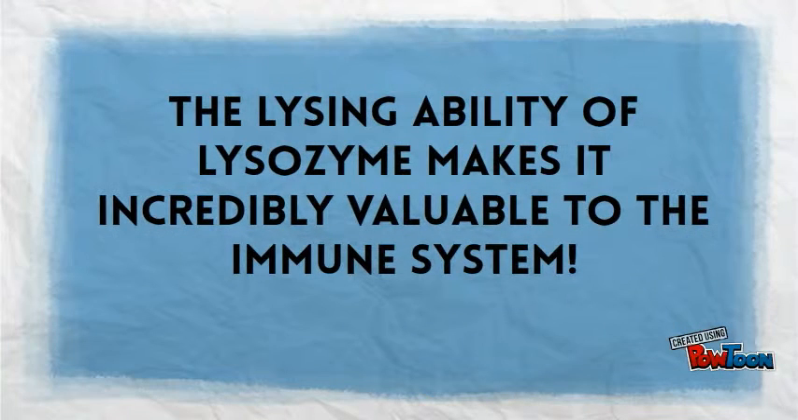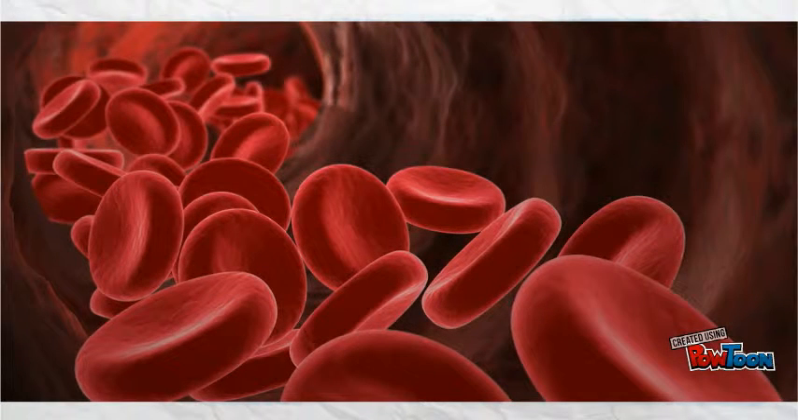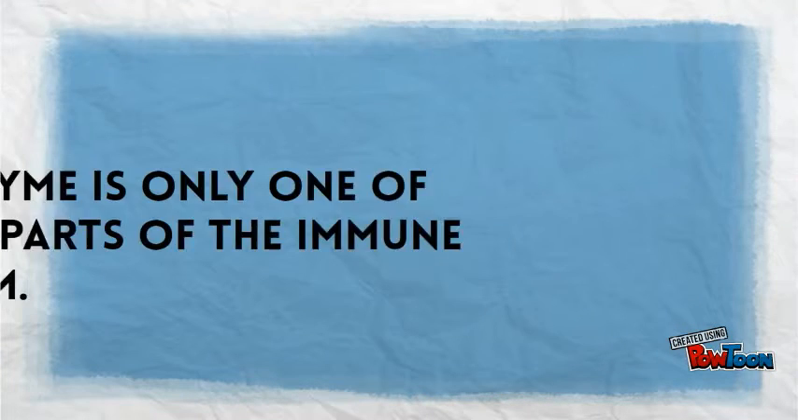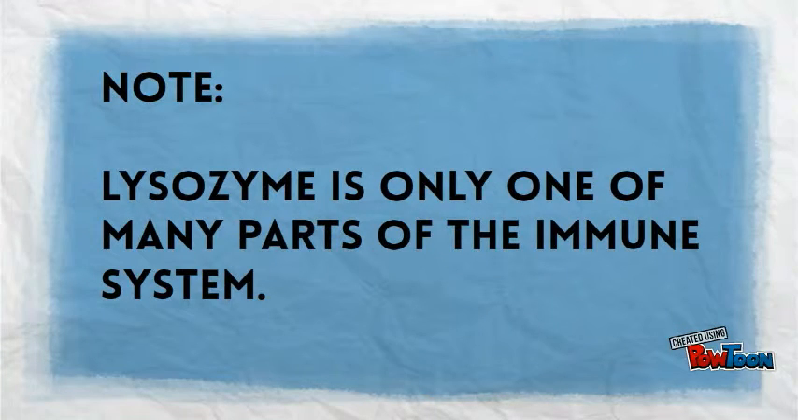This lysing ability of lysozyme makes it incredibly valuable to the immune system. As a result, we find it in a lot of bodily fluids, such as tears, saliva, and mucus, where it acts as a first line of defense. Lysozyme is also highly abundant in the blood, since without it, bacteria could be transported anywhere in the body via the bloodstream. It should be noted, however, that while lysozyme acts as an invaluable part of the immune system, it's